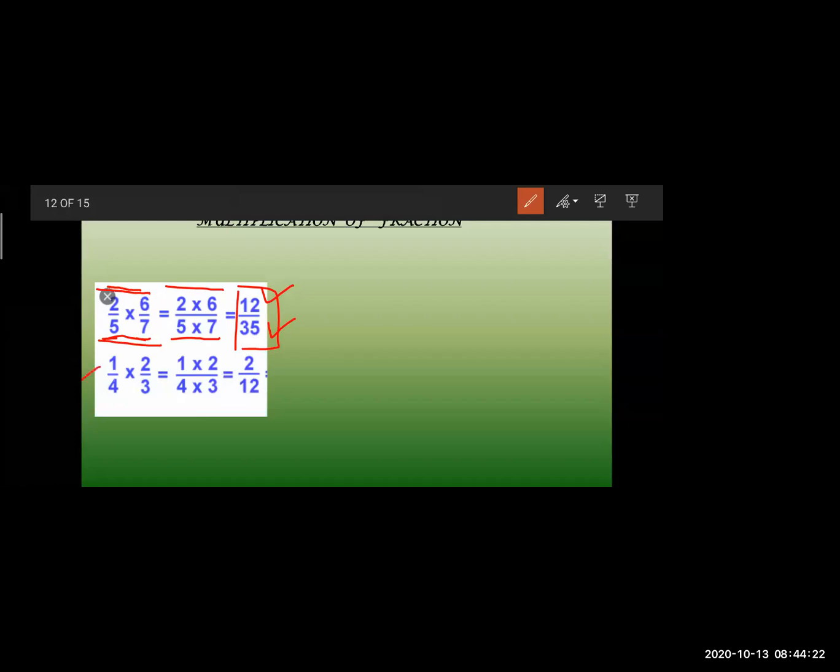See, there is the next sum. 1 upon 4 multiplied by 2 upon 3. Here numerator 1 multiplied by 2, denominator 4 multiplied by 3. Just multiply it directly. You will get the answer. 1 two is 2 and 4 threes are 12. Let the denominator be same, let the denominator be different, anything. In such multiplication of fractions, you just directly multiply. But in case you have a mixed number, here all were given directly as fractions. In case you have a mixed number, convert the mixed number into an improper fraction and then multiply directly. Okay.